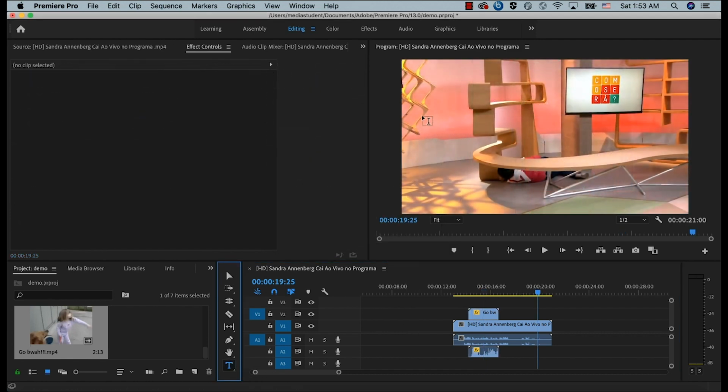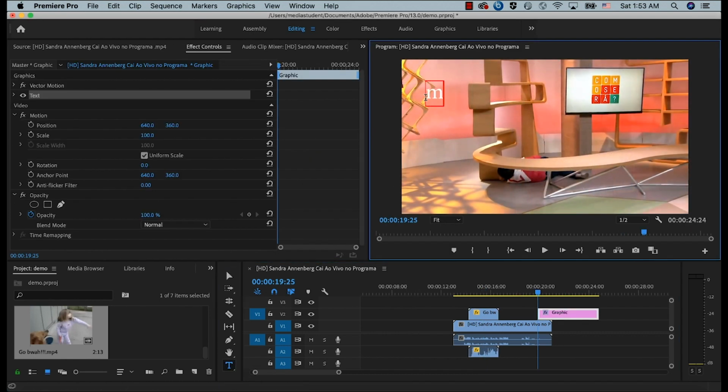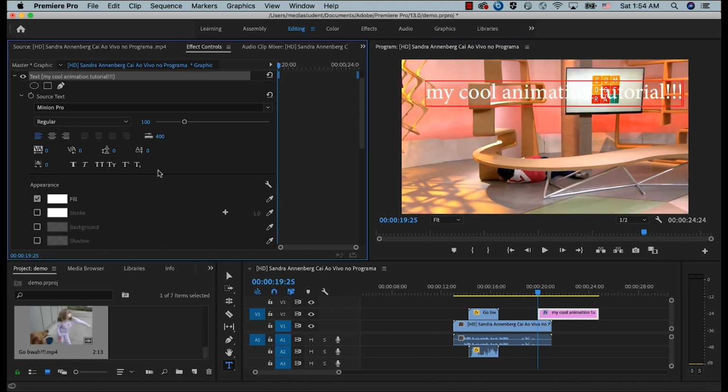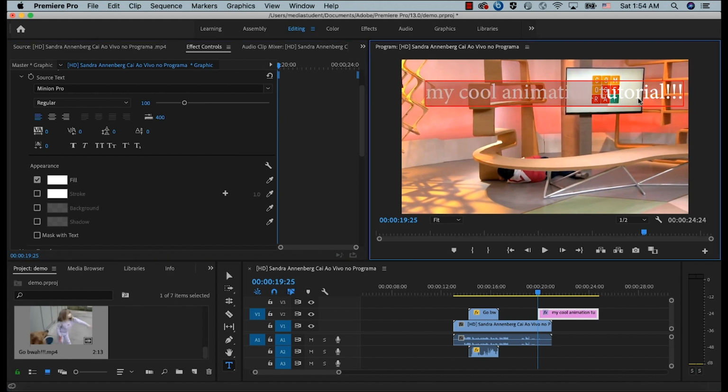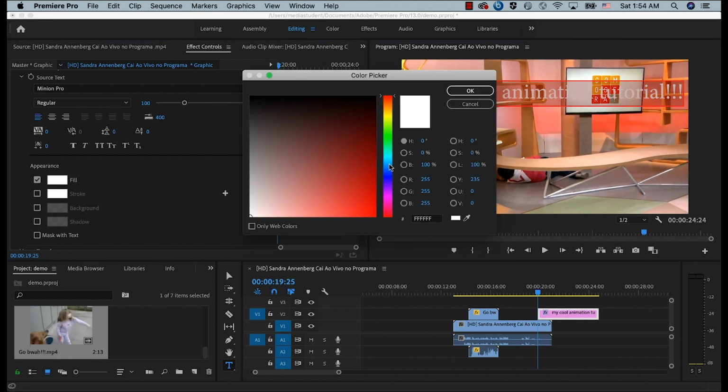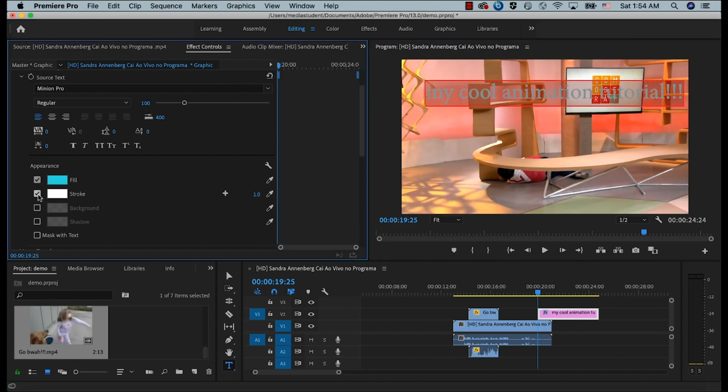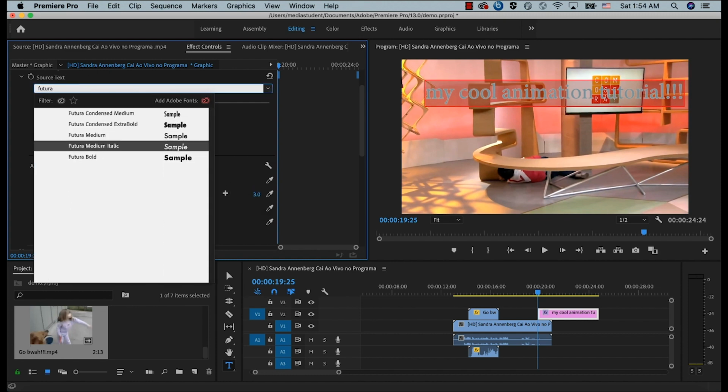There's also the text tool. You'll find it in your toolbox and it creates a text object in your timeline. In the same Effect Controls panel, you'll find options to select the font and the color. There's also an option called Stroke, which adds an outline to your text. Be careful, if you want to change these, you'll have to have the text itself selected, much like a text